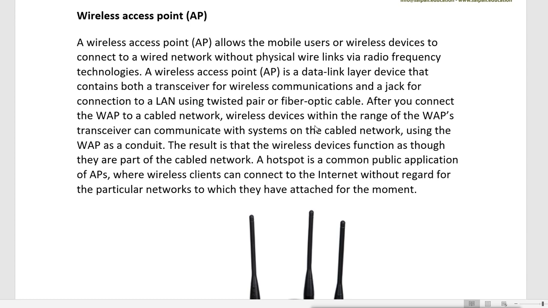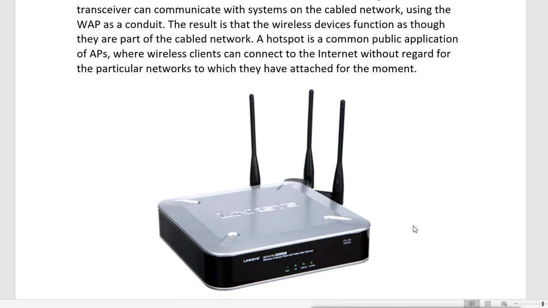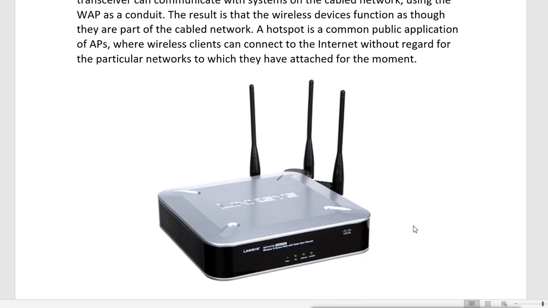Very simple. What you call a wireless router is actually called a wireless access point. These wireless access points are used to connect the wired network to the wireless network. On one side you connect the internet port, and from the wireless side you connect your mobile devices, your wireless devices, and you can join the wired network. Basically we use it to connect to the internet through the wire and then from the wireless devices, and we also call it a wireless router. So it is what? AP.